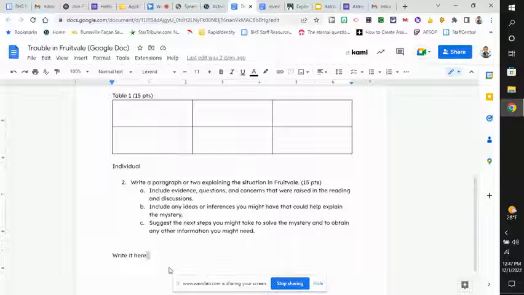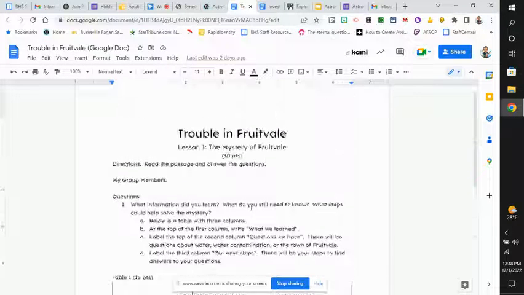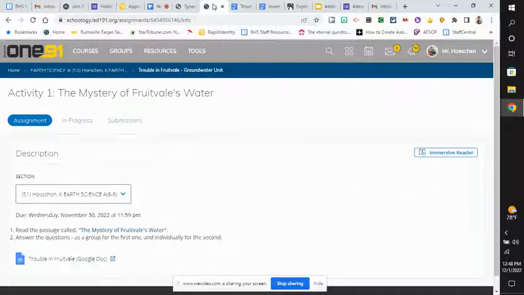Fruitvale. Then down here, you're going to write a paragraph, and that paragraph should start off with describing what's happening in Fruitvale, what's some evidence, then continue with ideas that you have that might be causing it, and then at the end, what your plan is to investigate it further. All of this is based on, I can get back to it here,